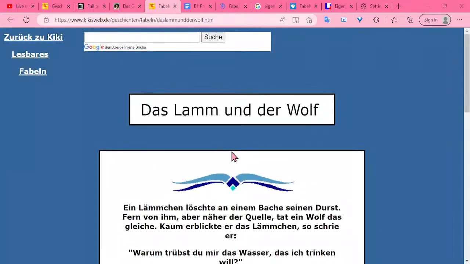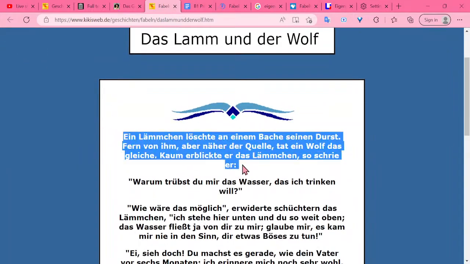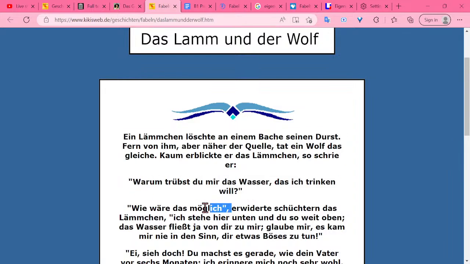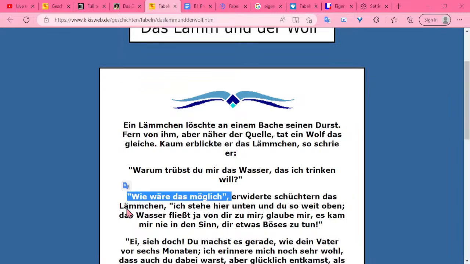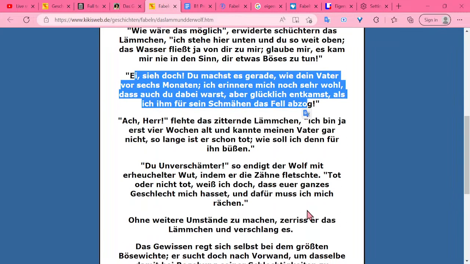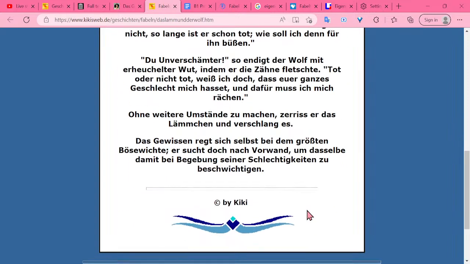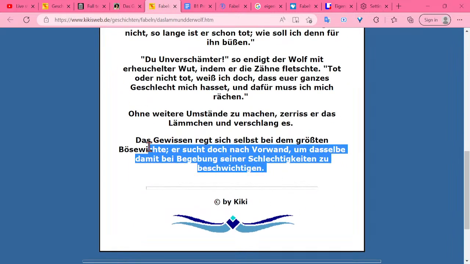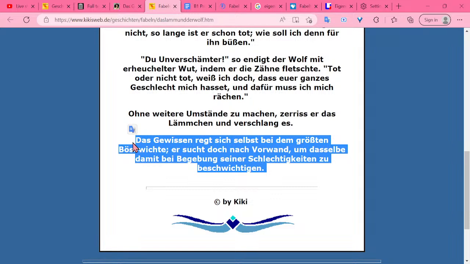Okay, now what do we learn from this? Start very directly in the action. There should be a dialogue, essentially with these quotation marks. And then there's a little bit of an argument, and how are they going to fix the argument? Simple, the wolf eats the lamb, and at the very end you have this sentence. What's the moral, right? You might have to create your own.